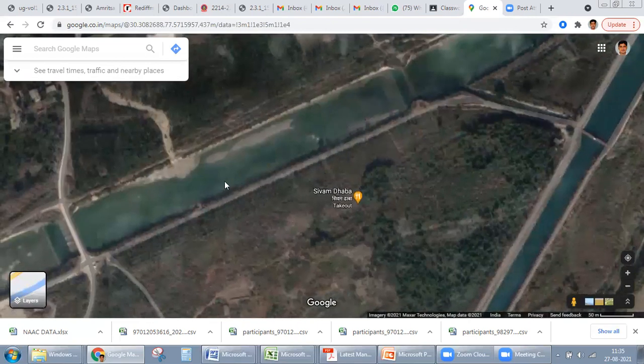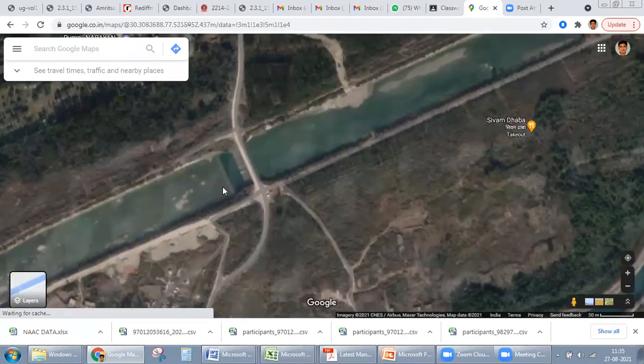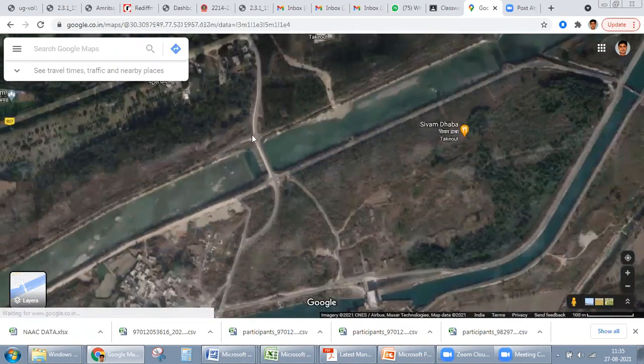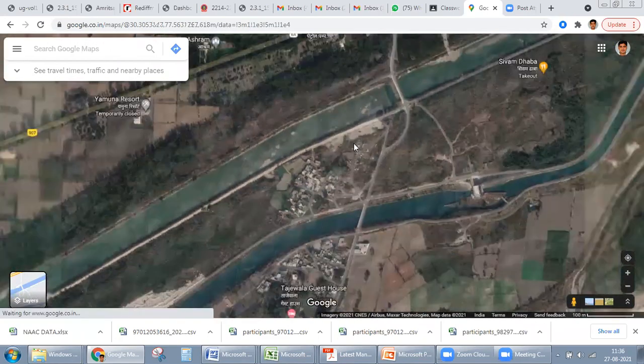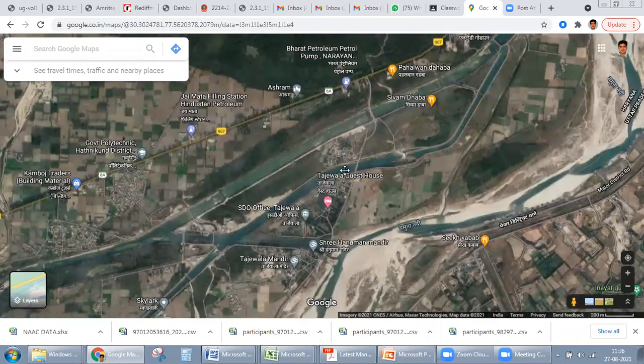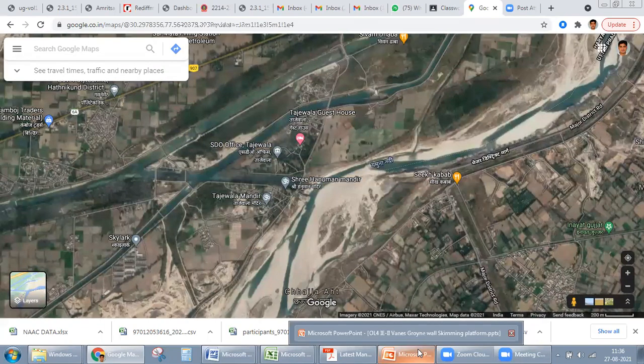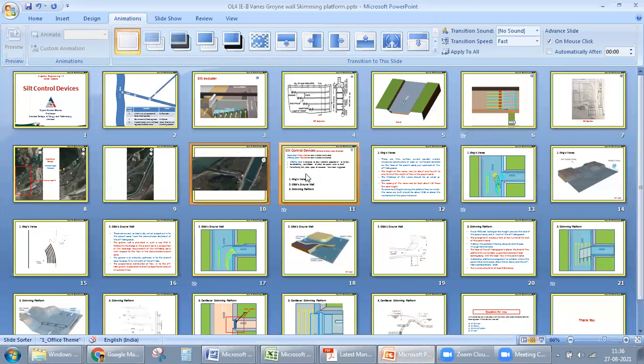So this structure will also be discussed in the lecture, in this subject only. So similar kind of other structures are also there. Here we are using this particular structure for carrying the road also. This is again another fall, I think, and some road is being carried over it. So these are the things which we can always see on the Google Maps if you want to learn about these rivers and the canal networks and what type of structures are basically provided. I hope this thing is clear. So coming back to our presentation.